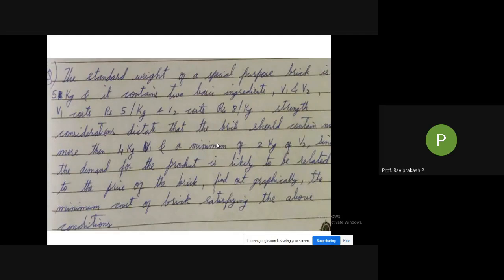This particular problem is related to the question that Gajanan had asked a few days back, relating to x1 and x2: why can't I take it in a single equation? Those kinds of constraints are there here. So this is a kind of hint for you. Just check. I'll give you one more minute. Then just let me know if you cannot solve it. I will do it. Or till where you have solved it, just let me know.